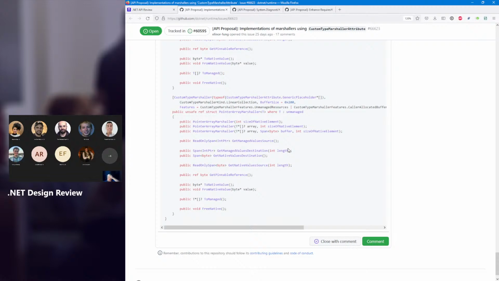Okay, so pointers can't ever be used as generics. Yeah, otherwise we wouldn't need this. If there was some way to say we allow pointers and we will be held by the restrictions of pointers, things would still work fine. There is a language proposal to add pointers and generics, but it's going to require a ton of effort to make that happen, and it's not a .NET 7 thing. Right. I was mostly interested in what the fallout would be. Basically, there's two options. They can either define their own marshaller, which is work, or they just live with an array of IntPtrs, and then they just have to cast the elements,